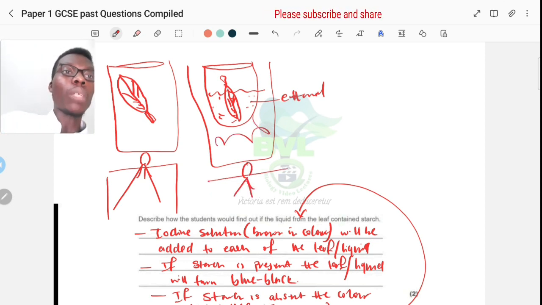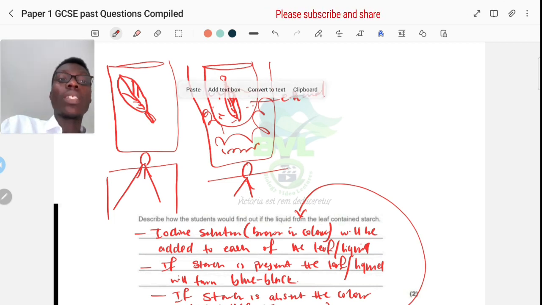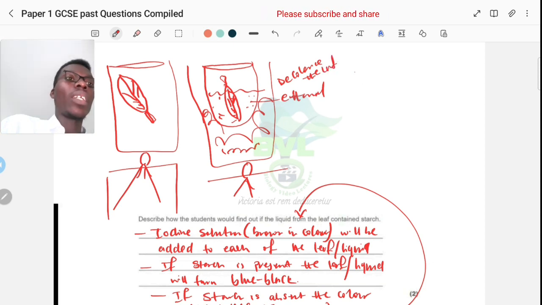So this is a water bath, all right? The hotness from this hot water will cause the ethanol to get warm. Then what would that do? That will help you to decolorize the leaf. All right. So afterwards, you bring out this leaf,